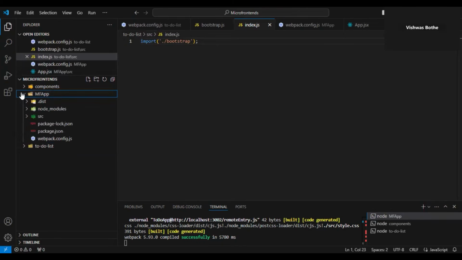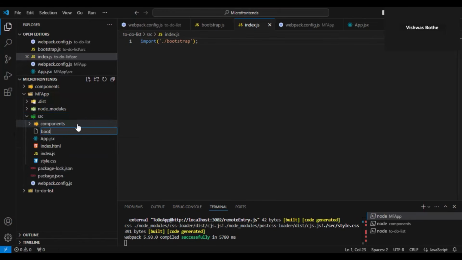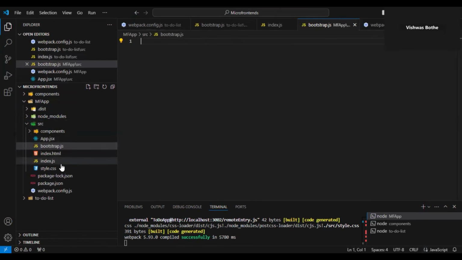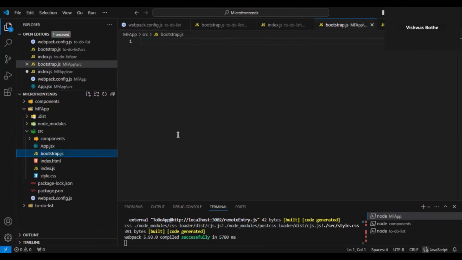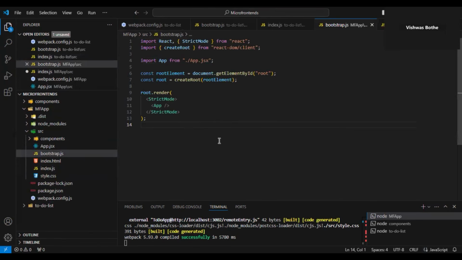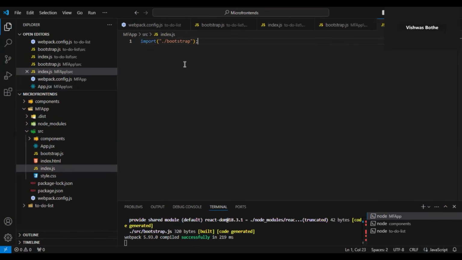So let's go to the parent application, go to the src folder and create a new file, that is bootstrap.js. Copy the content of your index.js file and paste it in bootstrap, and in index.js just import your bootstrap file, right? So with the help of this, we are just changing the way we bootstrap our application,